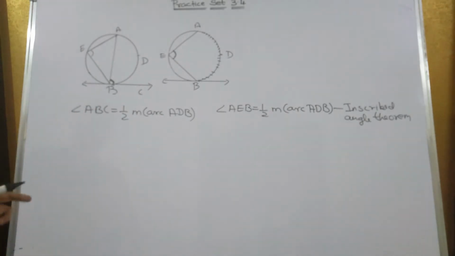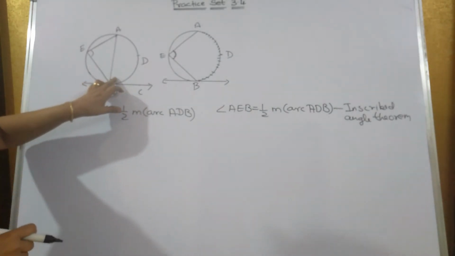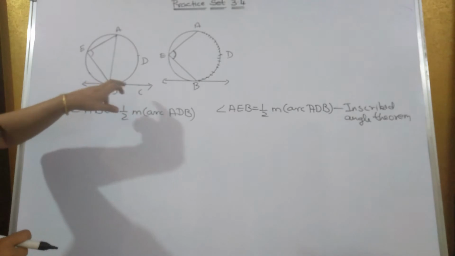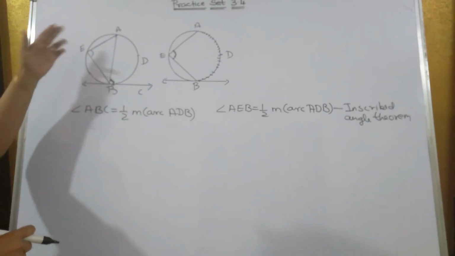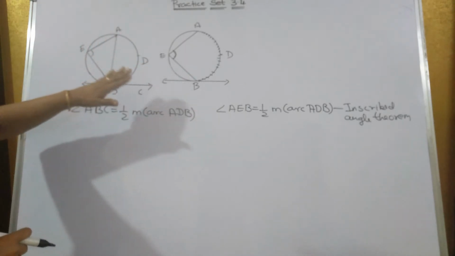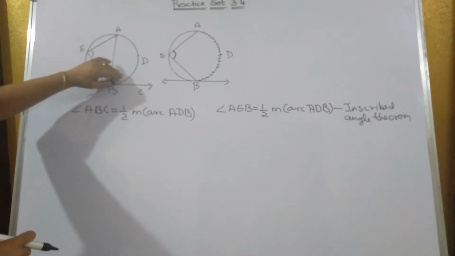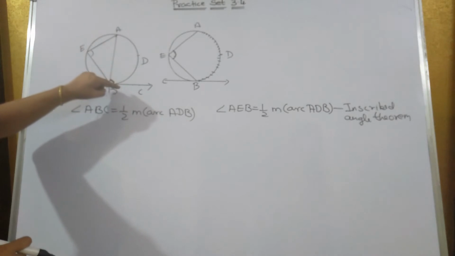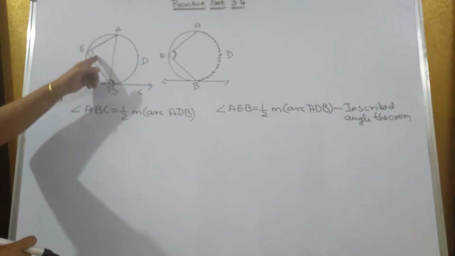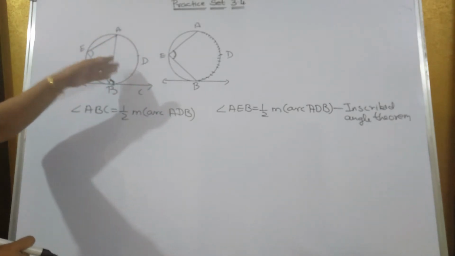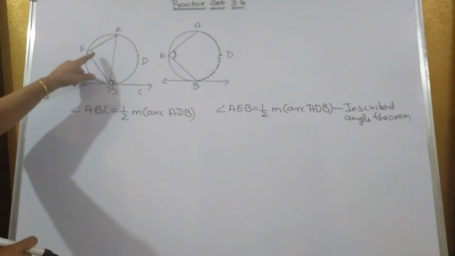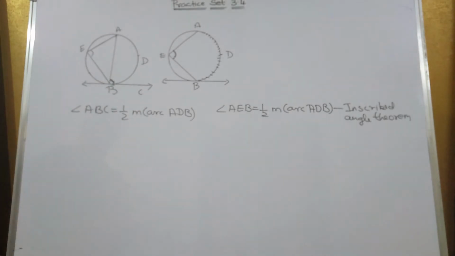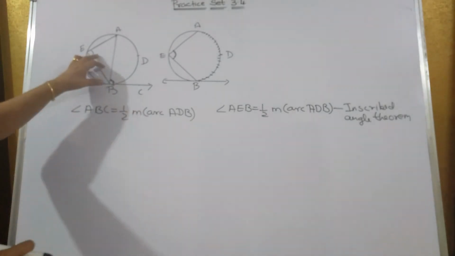So always remember that the angle between the secant and the tangent will always be equal to the inscribed angle which is on the other side of the secant, not on this side. ये साइड में एंगल है secant और tangent के बीच में, तो ये एंगल और ये एंगल जो रहता है सीकेंट के ऑपोजिट साइड में रहना चाहिए, तभी ये दोनों एंगल इक्वल रहता है. So this angle and this angle will always be equal. So remember this theorem also.